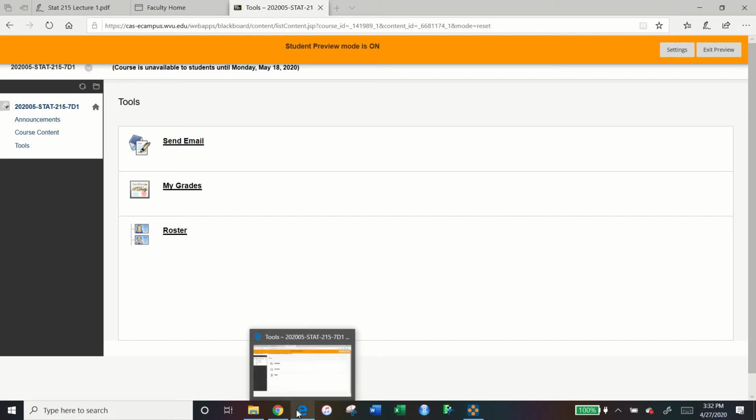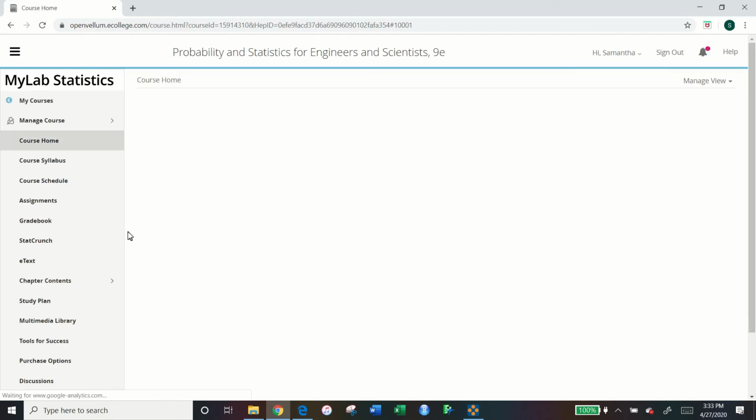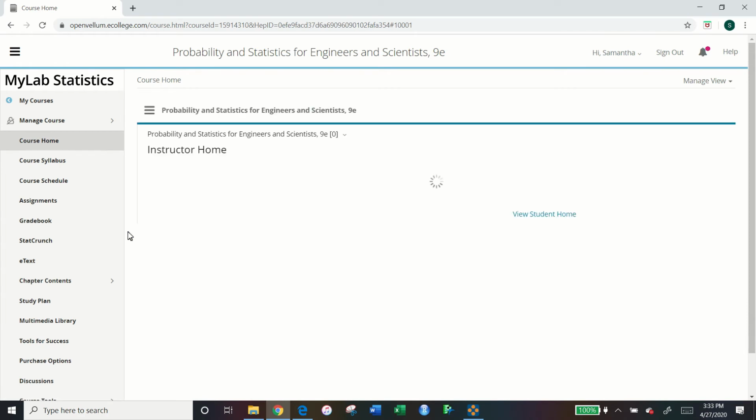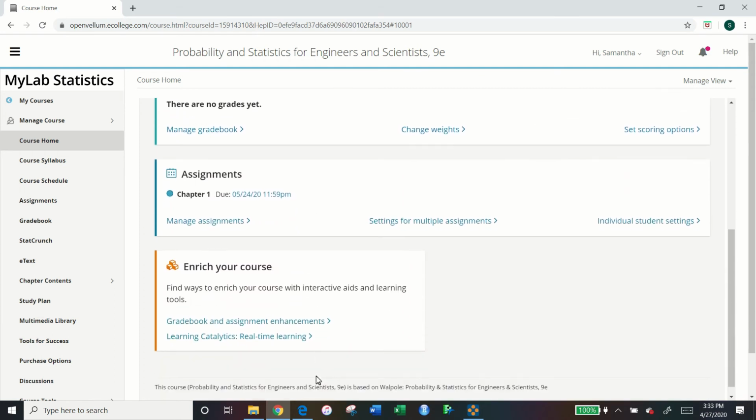And I want to show you what your Stat Lab will look like once you register. You're not going to see these 3 windows to your right, but you will see the probability and statistics for engineers. You'll select on that once you've registered. Sometimes it takes a few seconds to load. And you'll have announcements. It'll talk about your current grades in your class, assignments that are due.